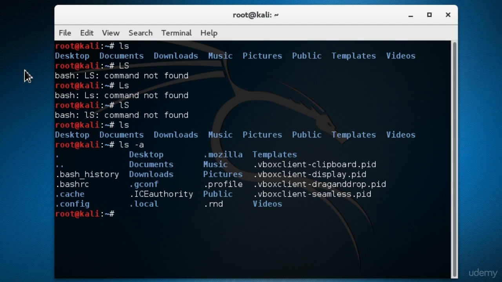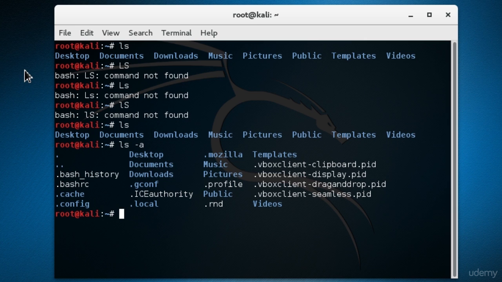So you might be wondering right now, how did I know there's a -a option? Well, you could just Google how to view hidden files and folders on Linux, or you can use the --help option. Using the --help argument will allow us to see all the options we can append to the command. So let's type in ls space